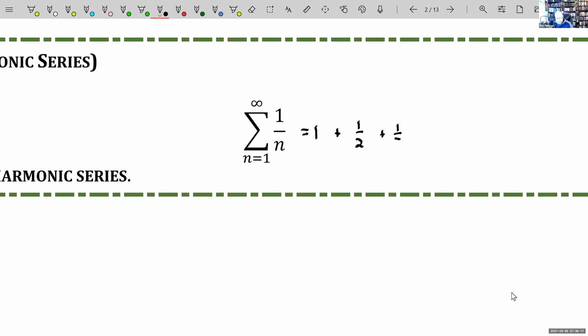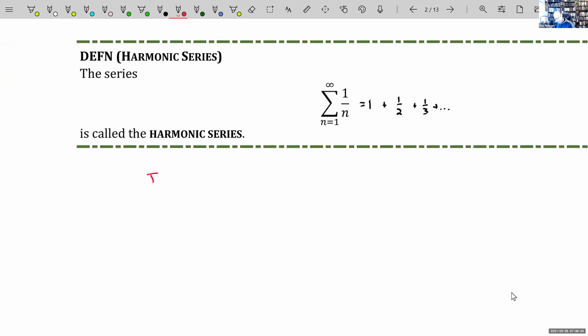N equals 3, you get 1 over 3, and so on and so forth down the line. Now, a lot of people will say, oh, this converges because 1 over n tends to 0 as n goes to infinity. I'm going to again just remind you, just because the limit as n goes to infinity of 1 over n equals 0,